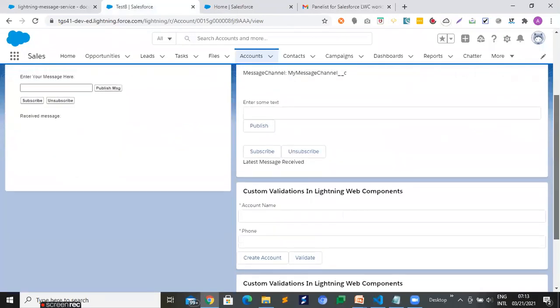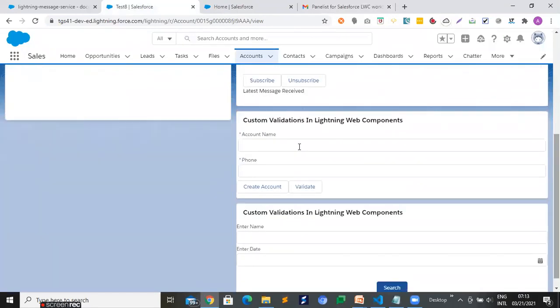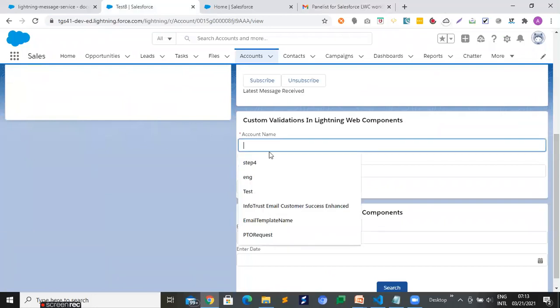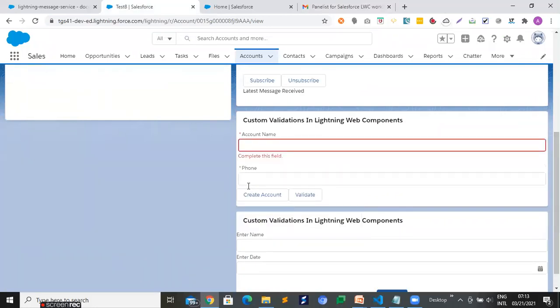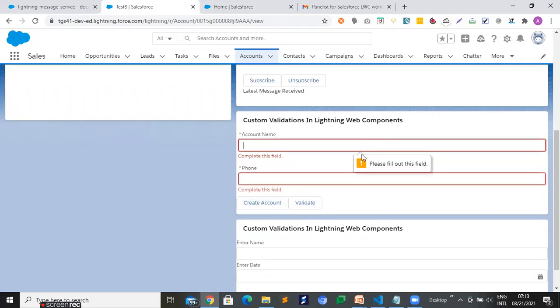Yeah. Basically, this is one code. We have two fields, account name and phone number. Just click on create. So you can find this particular message, please fill out this field, that comes due to the required we used. And this error message, complete this field, basically comes from our LWC method, that is reportValidity, right?